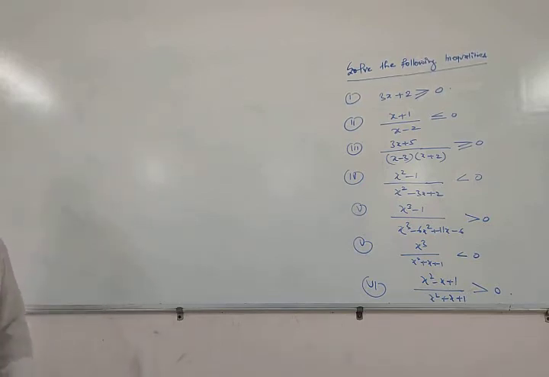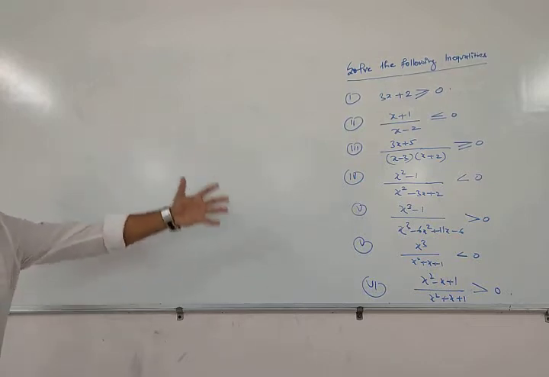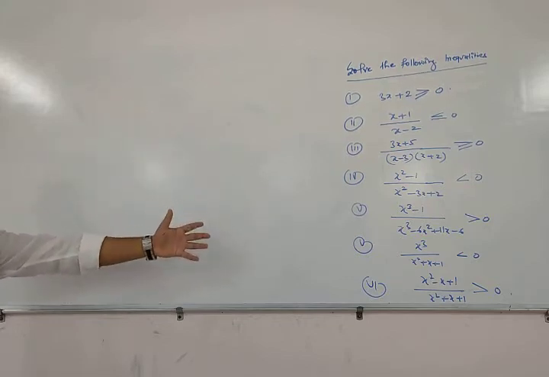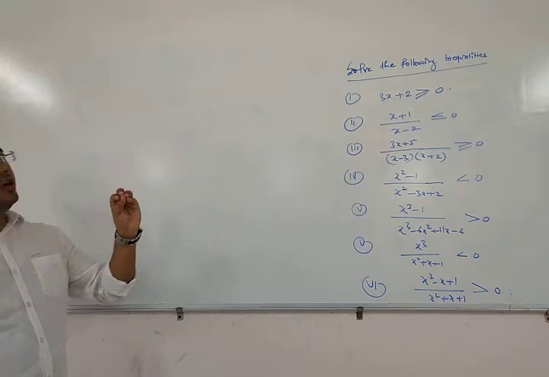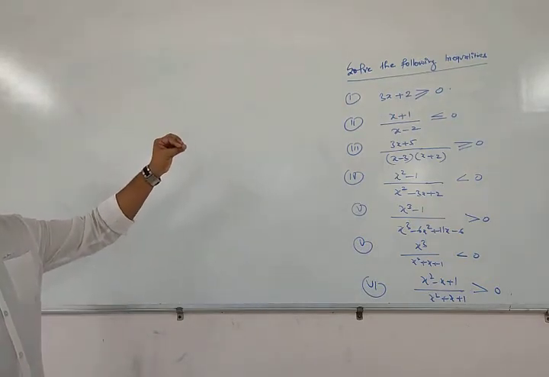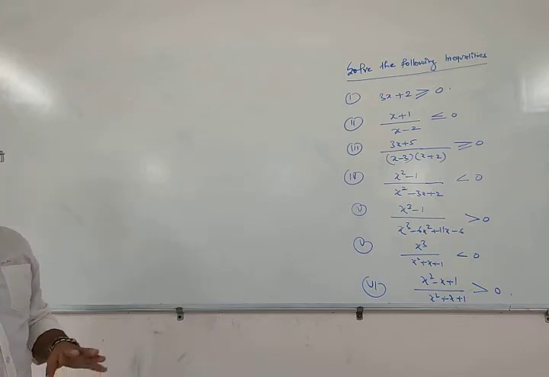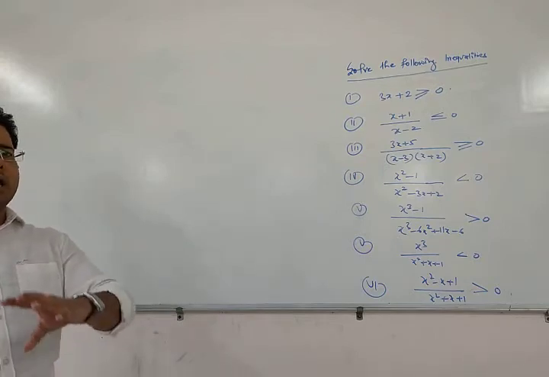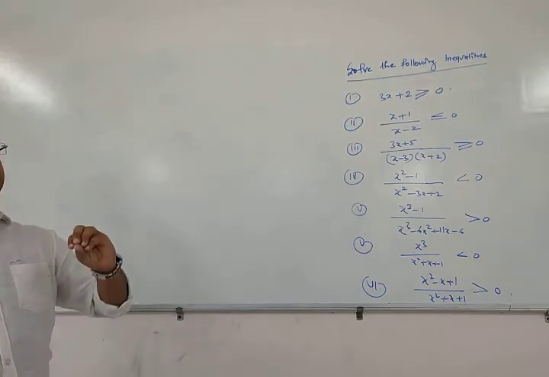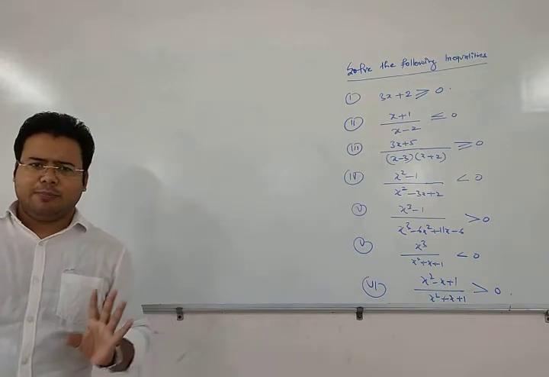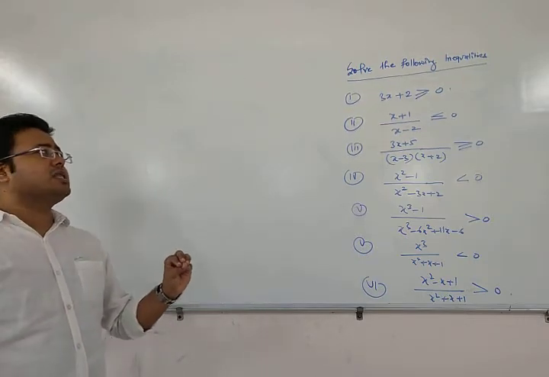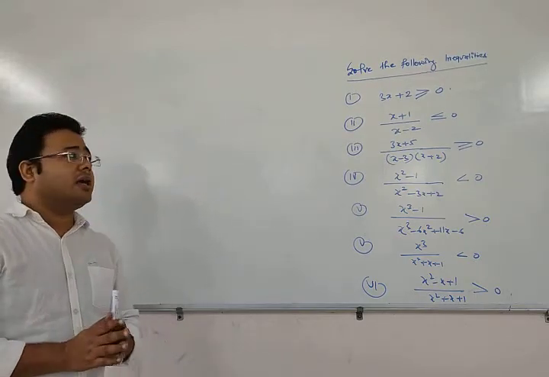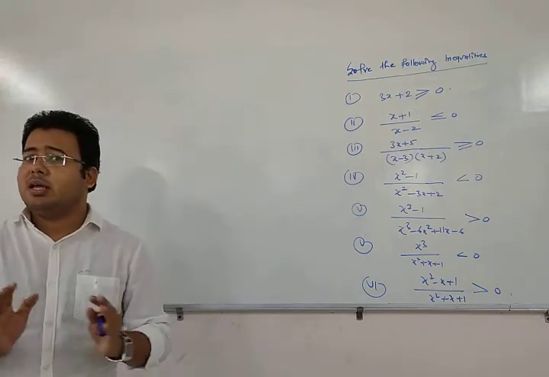So, now we can see some inequalities on the board. You can see there are 6 inequalities on the right hand side of this board and we are going to solve these inequalities. But before going to solve these inequalities, we have already told you that when we solve any inequality, the answer of these inequalities always comes in continuous data. Always comes in continuous data.